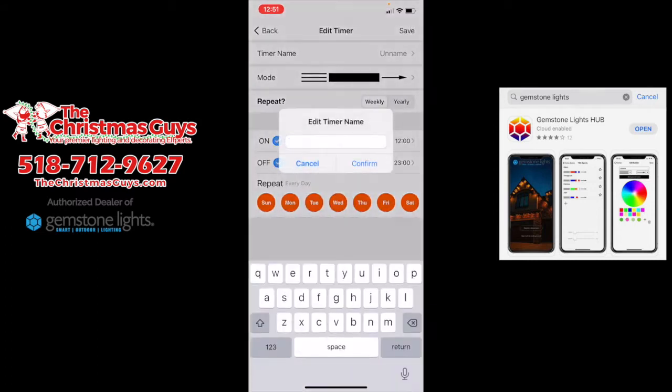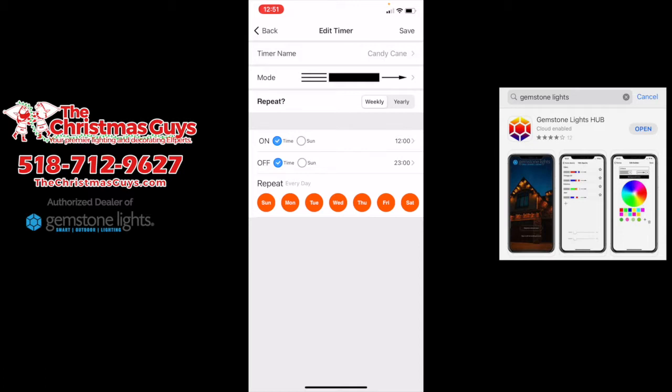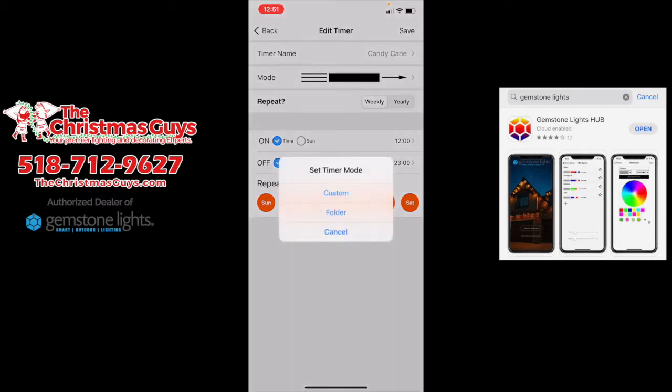You can name the timer whatever you want. Let's just do candy cane and hit confirm. And then the mode, you want to click on that where it says mode, and you can